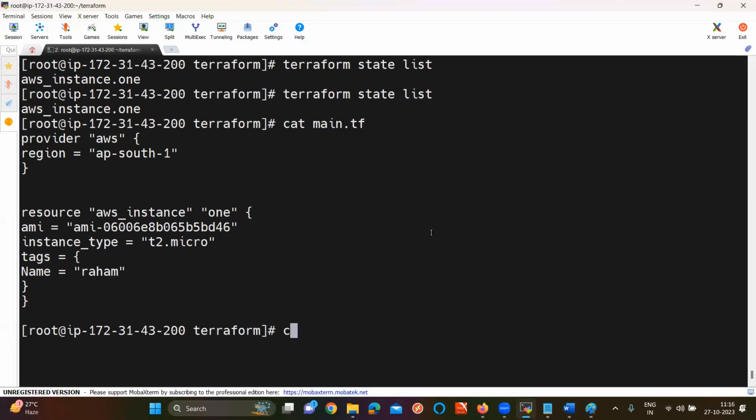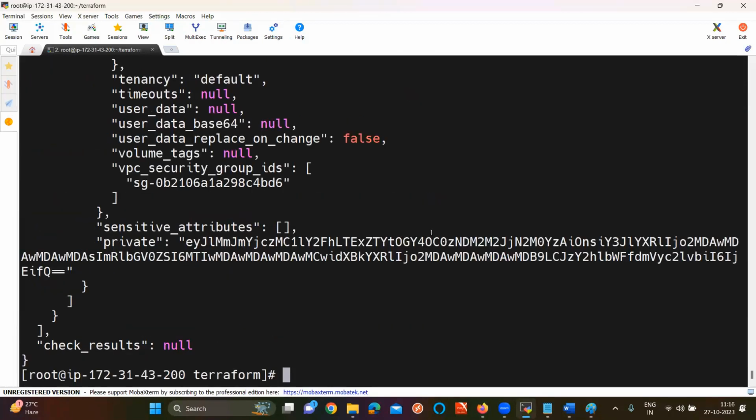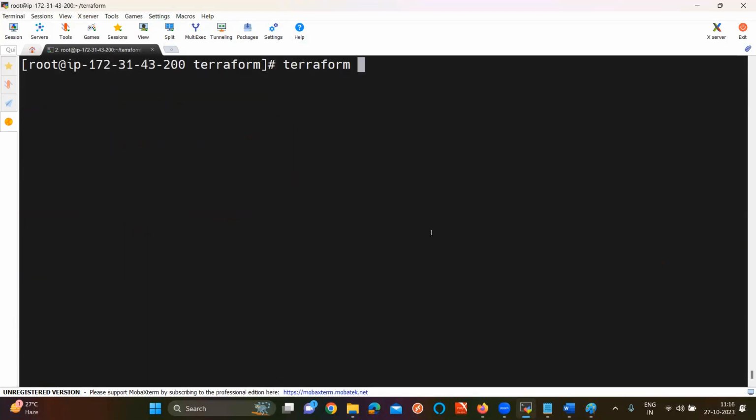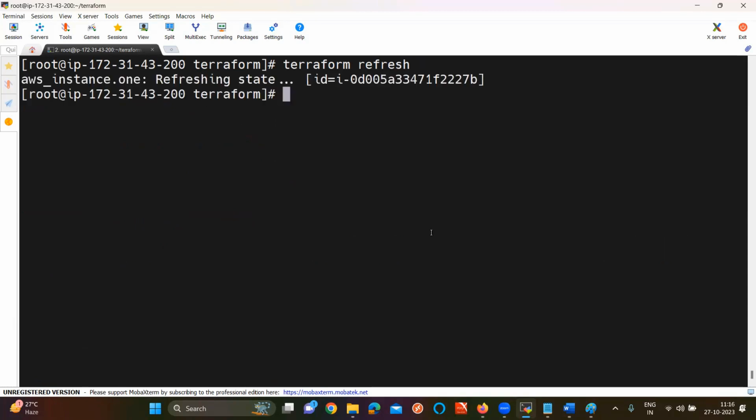In cat terraform.tfstate, are you still seeing it here also? Then you can use the command Terraform refresh. Terraform refresh is a command which is used to refresh the state file. It is refreshed, right? Now if I give Terraform state list, it won't show me.